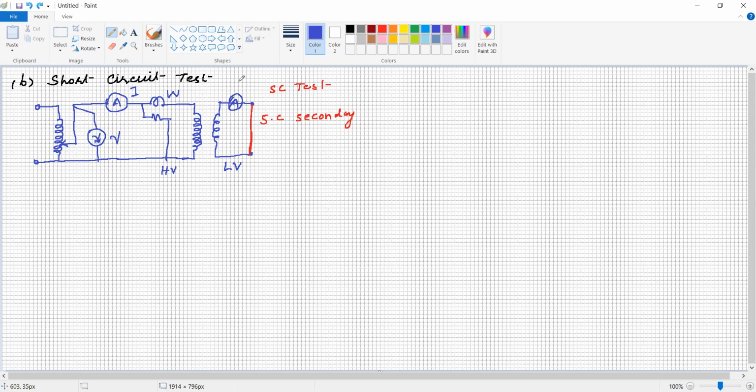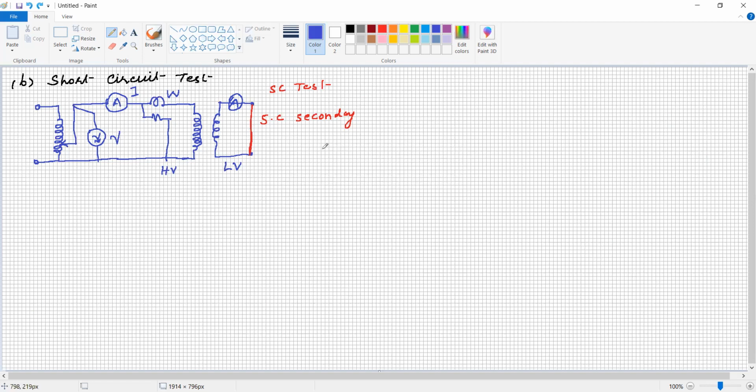Okay, so the secondary short circuit current is there. If you use the HV side, instruments are connected on the HV side, even though it is 11 kV, hardly 200 or 300 volt is sufficient to circulate the current. Second, on the LV side the current is very high, and we may not connect an ammeter. Only this ammeter shows that the current in the primary winding is the rated current.